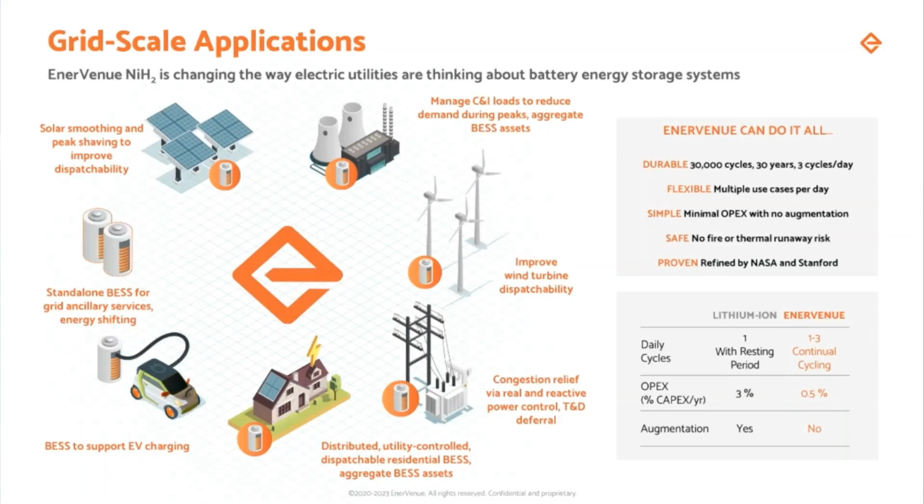Looking at, again, the use cases where we really shine within a grid scale application. So paired with renewables, right? With solar, with wind, AC coupled, DC coupled, being able to really maximize and improve the dispatchability of those assets is absolutely key. Standalone battery energy storage systems for grid services, for energy arbitrage, energy shifting, that's all, of course,